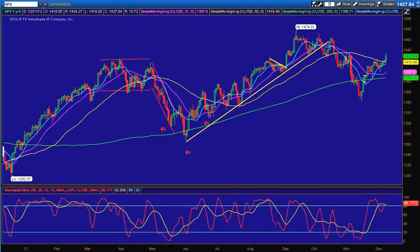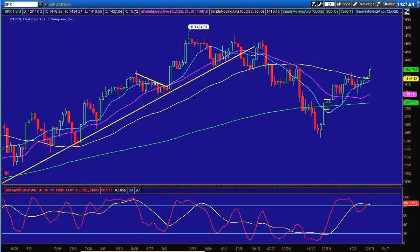December the 11th after the market close, and we're starting off looking at a chart of S&P to see what is the market direction and where the market is headed now after all of these turbulent times. And you could see here, this was the day after election, 11/7. We came down here, kept going down into the pit, and just on the 16th we had a reversal day here, this reversal bar put in here,